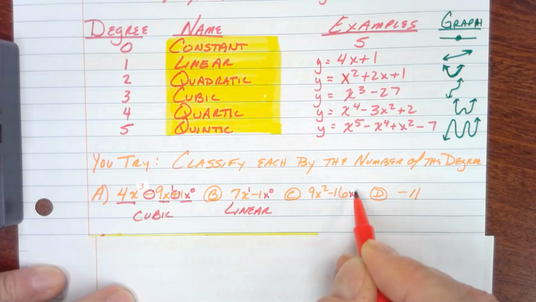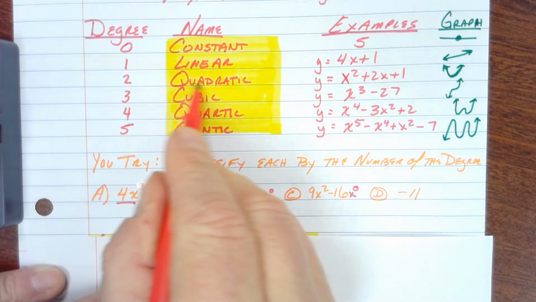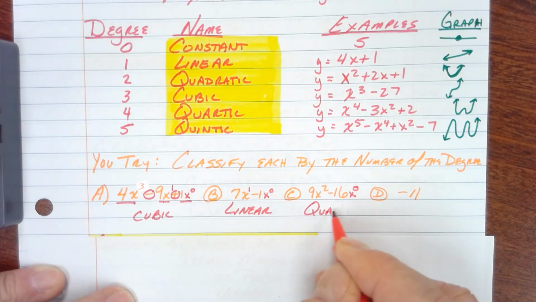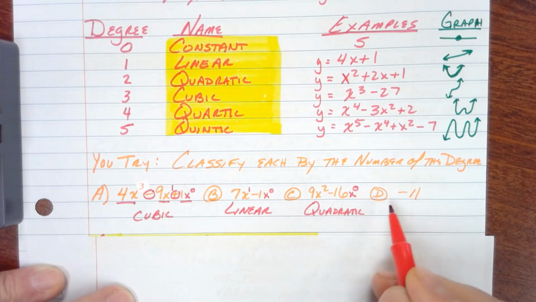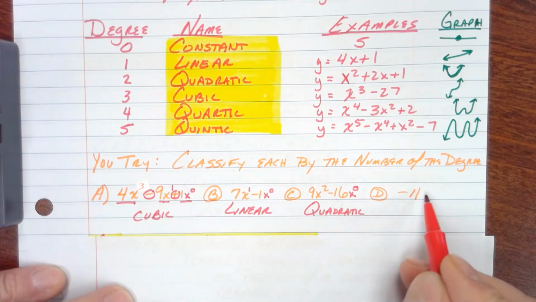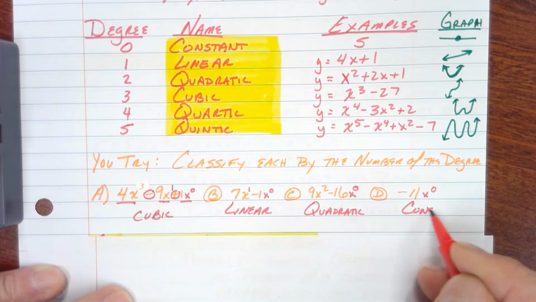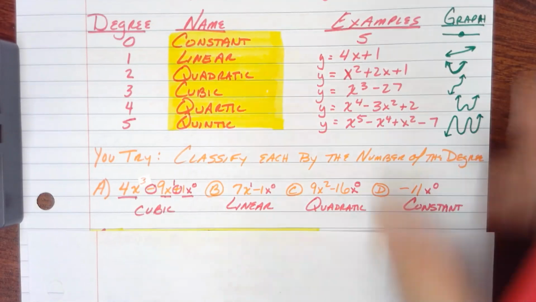Here I have, again, x squared and x to the 0. X squared, or degree of 2, is the higher of the two terms. Therefore, this is a quadratic. And finally, I have negative 11. Again, the degree of 0 is the highest degree and the only degree, so therefore, this is a constant. All right? So, moving forward,